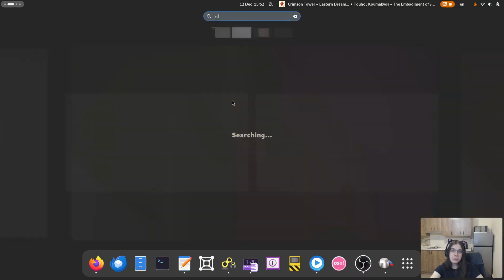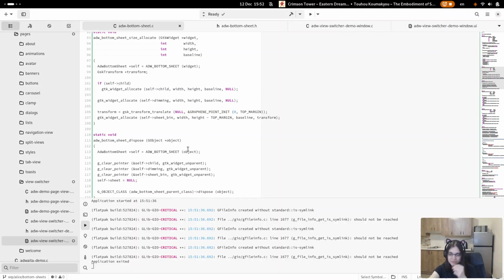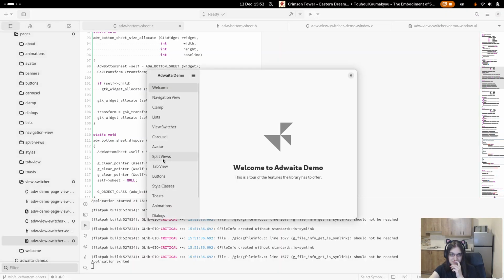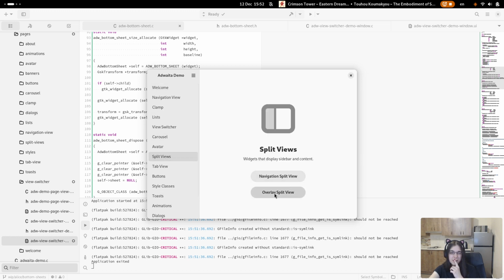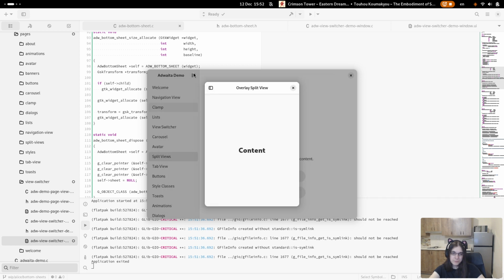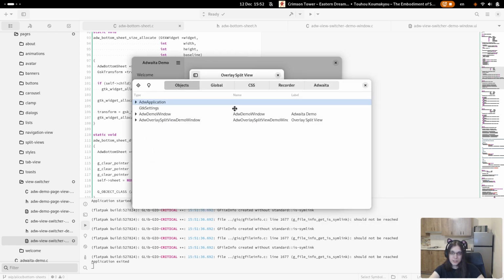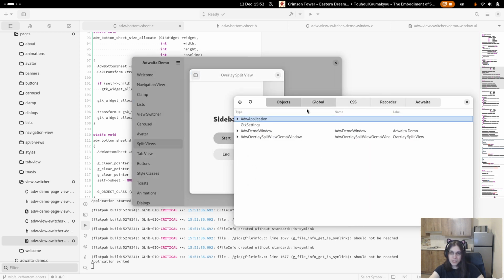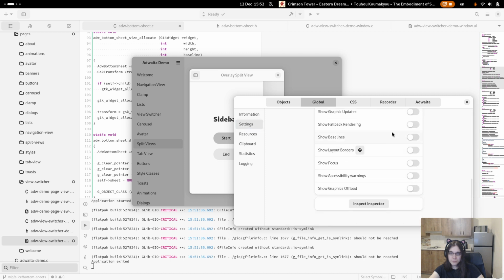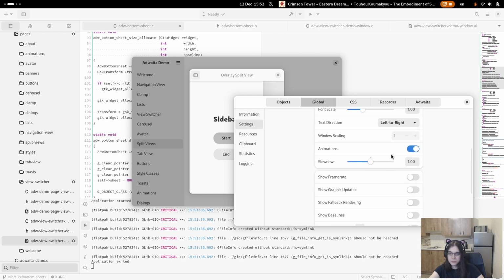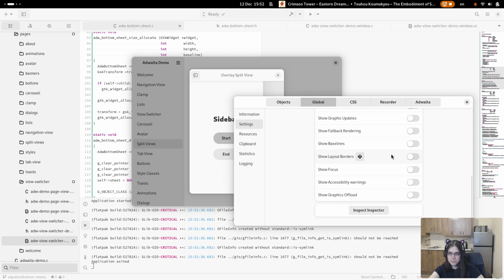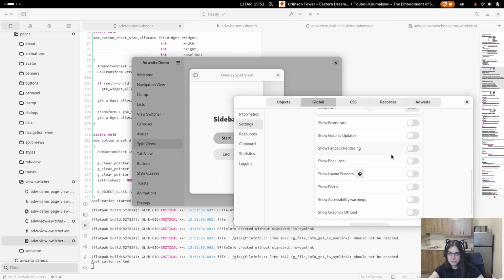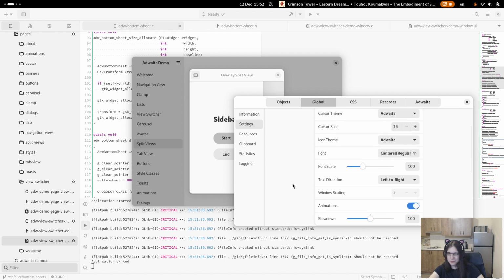We already do it for overlay split view. Here, I'll need touch emulation. Where is it? Was it removed?